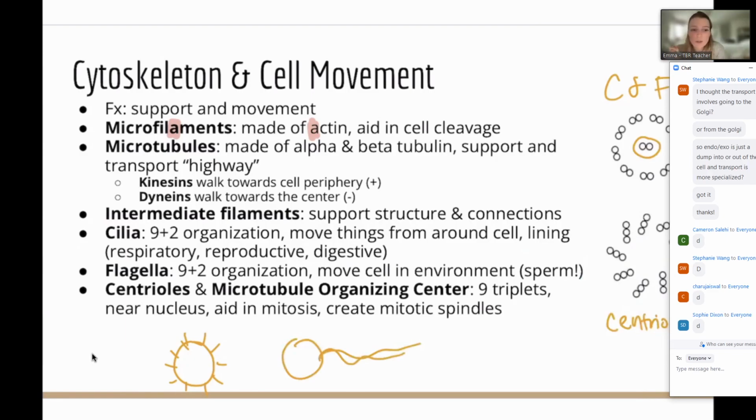And then centrioles and the microtubule organizing center. I always thought this was kind of confusing when I first heard about it, but typically it's a zone near the nucleus, and it really comes into play when we're having cell division. So I guess it's not only mitosis, but also meiosis. Really it's more that cell division is when it comes into play. And the centrioles in this center are going to replicate.